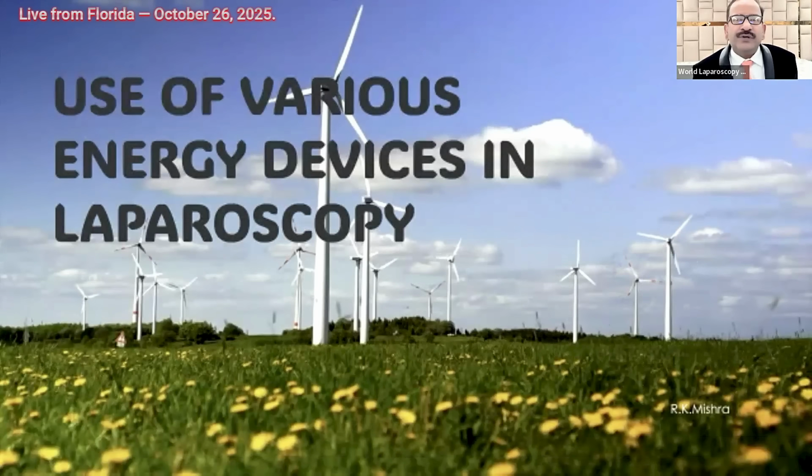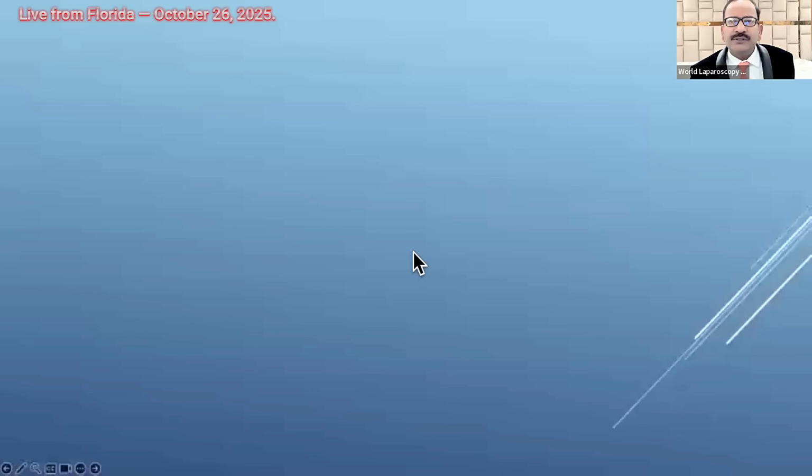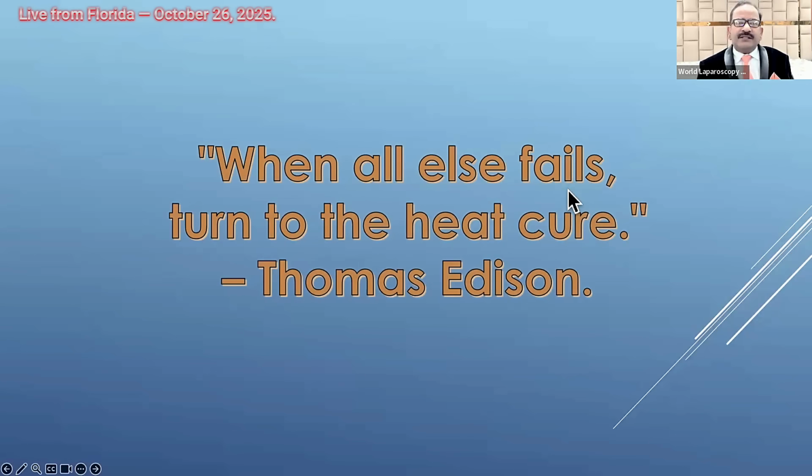So we are going to discuss the use of various energy devices in laparoscopic surgery and how to use them carefully. Whenever we perform laparoscopy, our main concern is that we should have the proper use of energy. Energy is very important, and Thomas Edison said that when all else fails, then energy is used, and especially heat. Heat was used for a long time in laparoscopic surgery to perform the surgery,